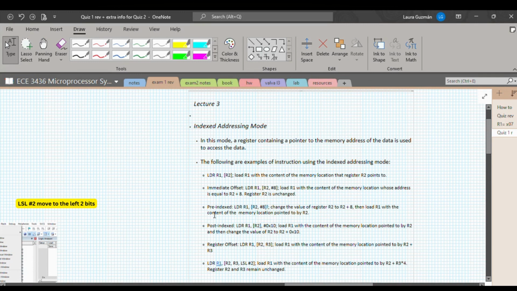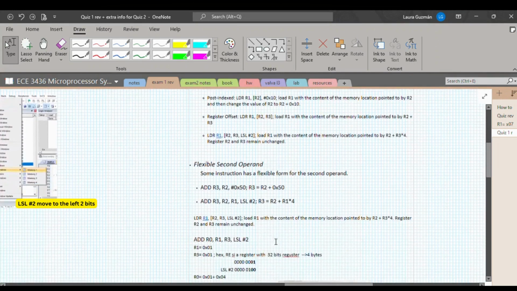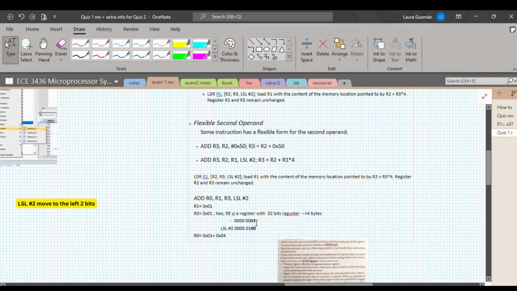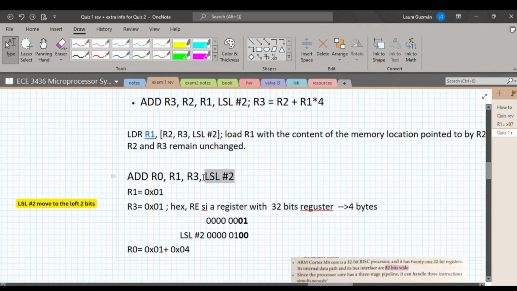This was more about these points, and honestly, I think you just need to have it in your crib sheet. I would recommend having the names so you don't get confused about their difference, and practice it with your KL because each one goes different. And let's see, this is the only one that I think might be worth explaining: how to use the LSL. What does that mean? You're going to do a left shift of this register, and then you're going to add that to R1, and that's going to give